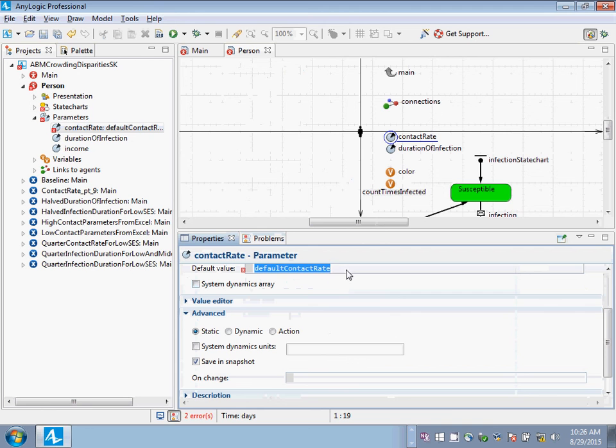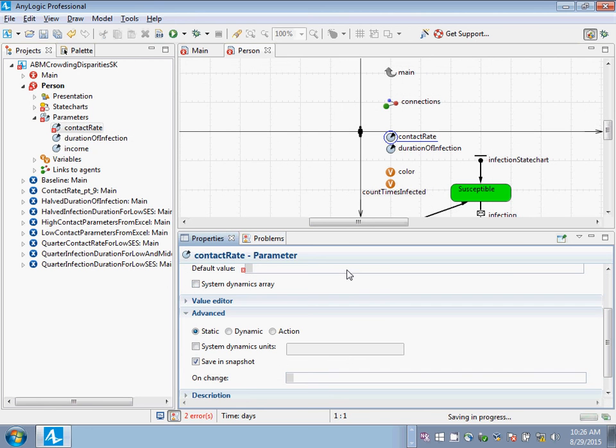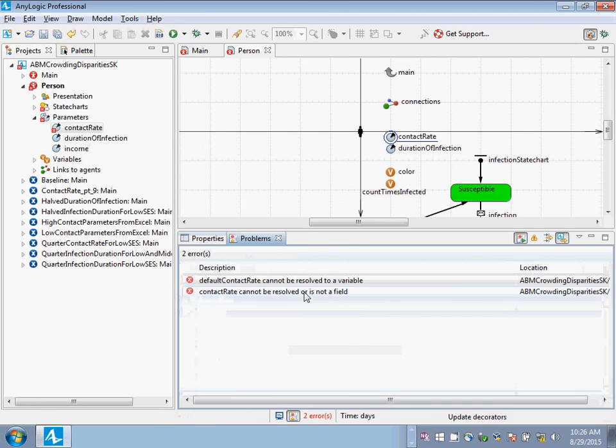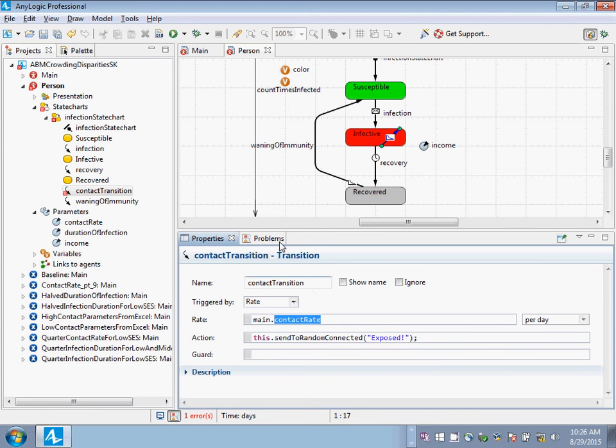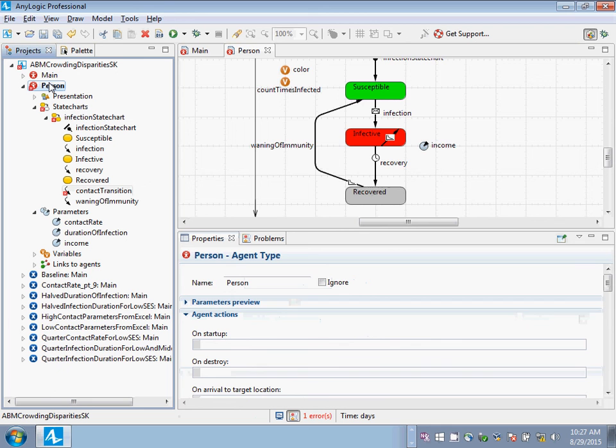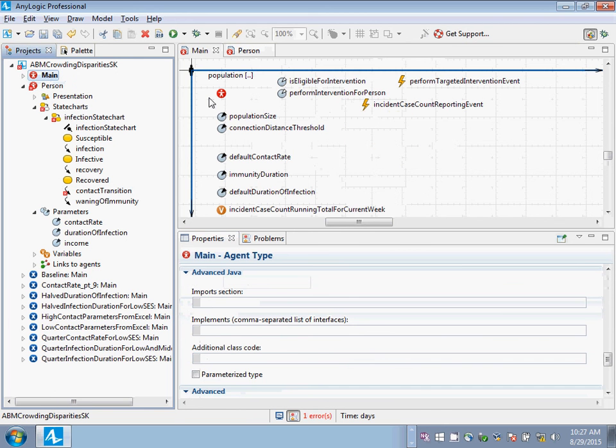That's it. Okay, so now that allows us to specify on a per person basis, contact rate divided by 4, for example. So here, we're setting their contact rate with the same criteria, and we could examine the impact of that. So here we have a very flexible mechanism for specifying